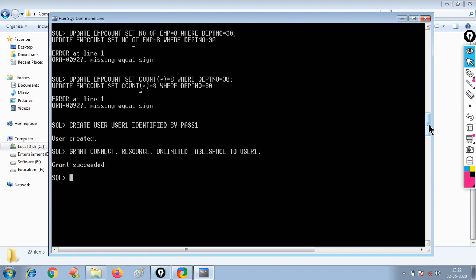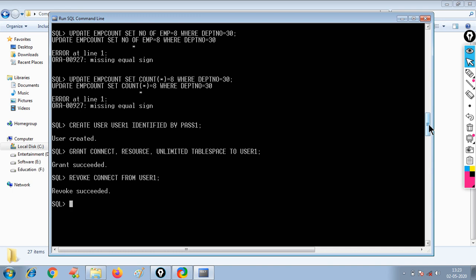Now user 1 can be connected using this command, connect user 1 slash password 1. Now when you press enter, you can connect to that user, right? Now similarly you can also revoke, let's say revoke connect from user 1.